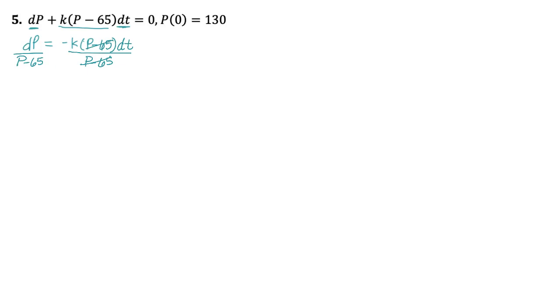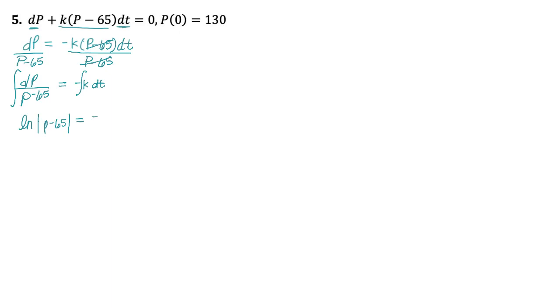And so now we have our variables separated. I believe we have dp over p minus 65, and that's going to be equal to negative k dt. And now we can go from there and integrate both sides. We have everything separated. And so I'm going to integrate, and I'm going to move that negative to the outside. This is going to be our natural log, absolute value, p minus 65